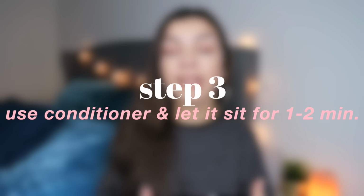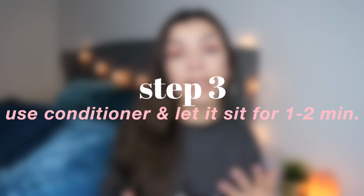So with that being said, my third step is to make sure that you are applying the conditioner down there and you are letting it sit for 1 to 2 minutes. Putting the conditioner on your bikini line allows the hair to soften, and then when you shave, it's just going to be so much less abrasive and just so much easier on your skin,